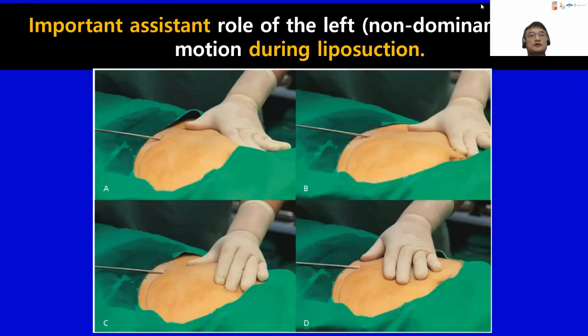For the deep liposuction, left hand pushes skin toward the anterior side as shown in figure A, or pinches the skin or subcutaneous tissue up with the thumb and finger in figure C. For the superficial liposuction, the left hand pulls skin away from the anterior side as shown in figure B, or presses gently with the palm like in figure D. These assisting actions are very substantial for facilitating suctions by making easy and precise cannula movement depending on depth and locations.